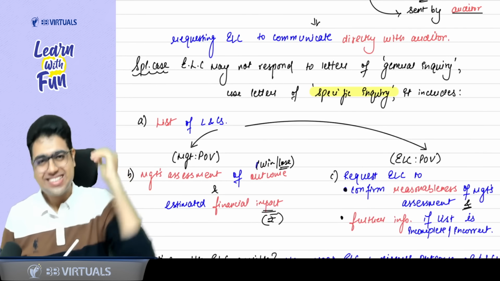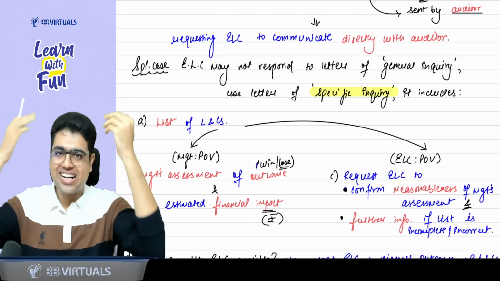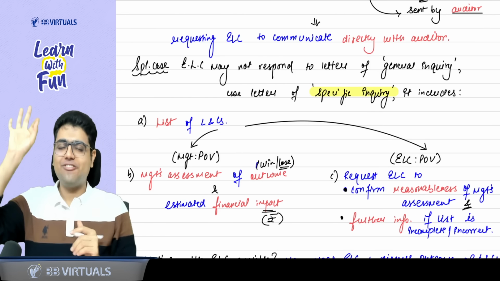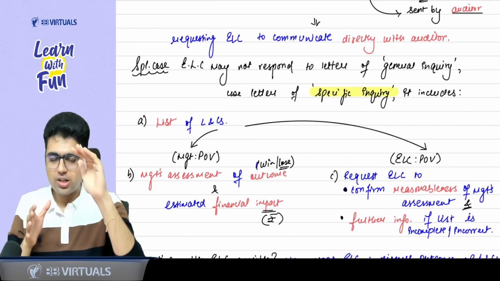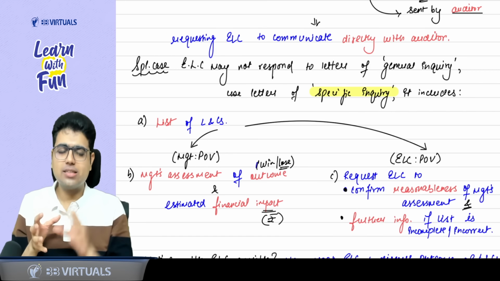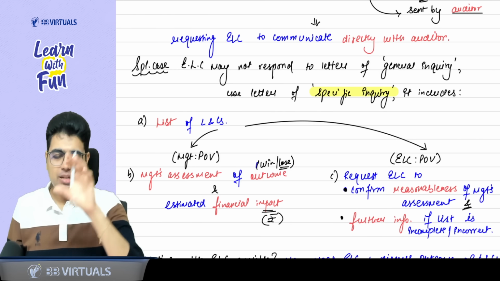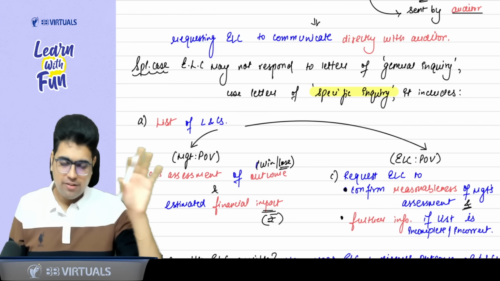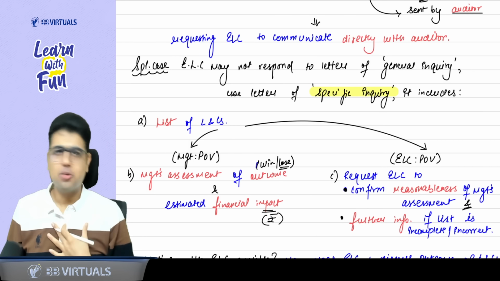This topic is the same topic as you cover in your CA Inter. But sir, our mind forgets everything. So let's revise again. First, list of litigations and claims. On that, management's assessment of outcome, and if they lose, what will be the financial impact. Now considering both the things, you ask the external legal counsel to please confirm whether management's assessment is reasonable, and whether the list is complete. If the list is incomplete, give the further information.